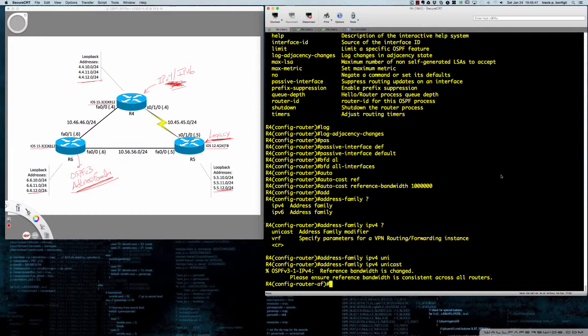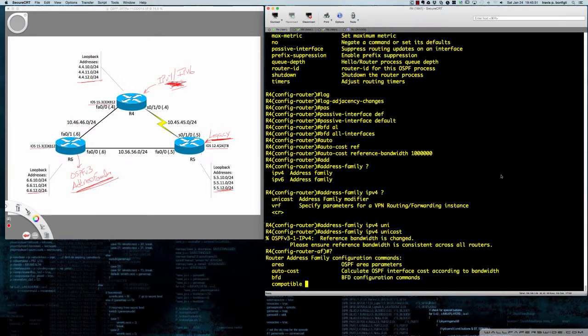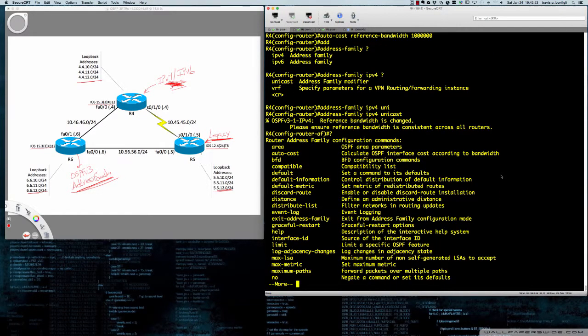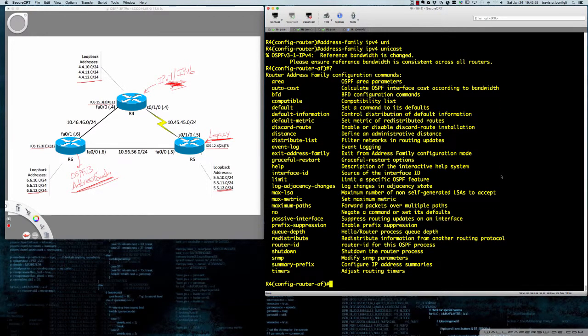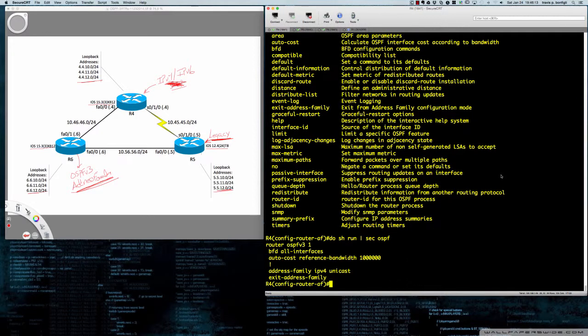And let's take a look at what we could set underneath the address family configuration. So you'll notice that router ID is here. If we were to set a router ID here for the IPv4 address family, it would override the global setting. BFD is in here as well, but if I were to do a do show run section OSPF,